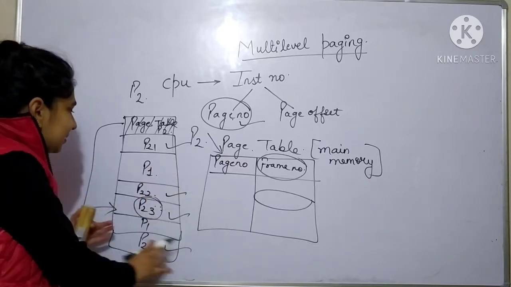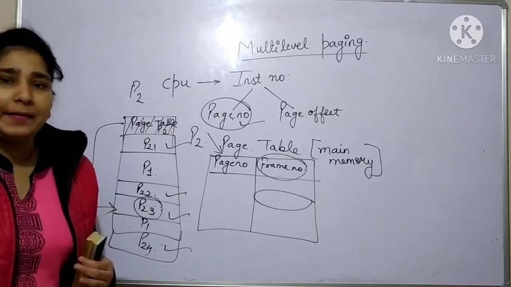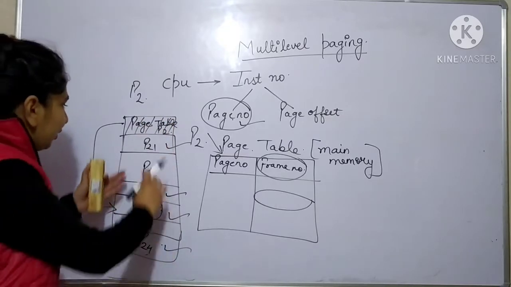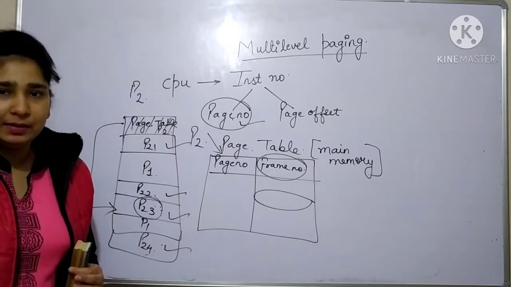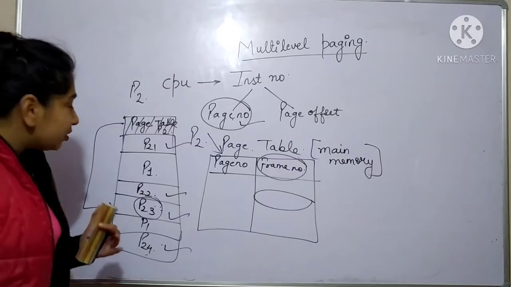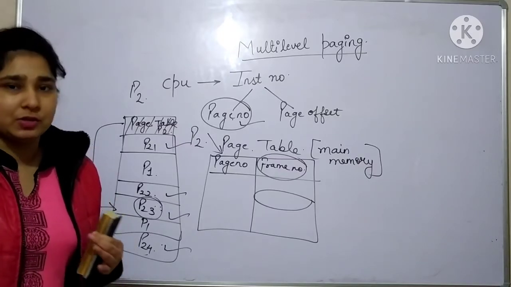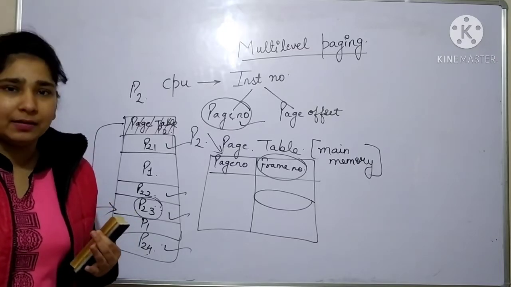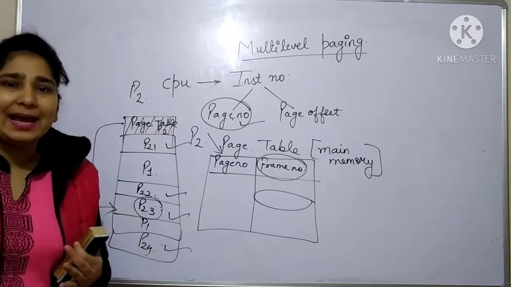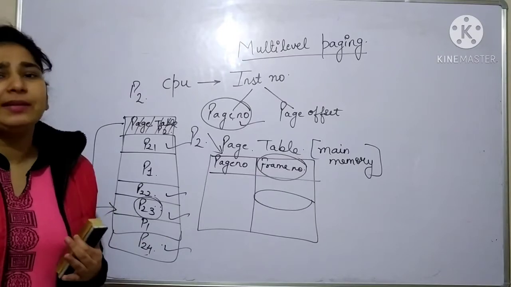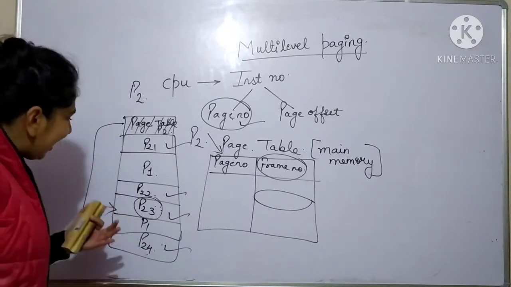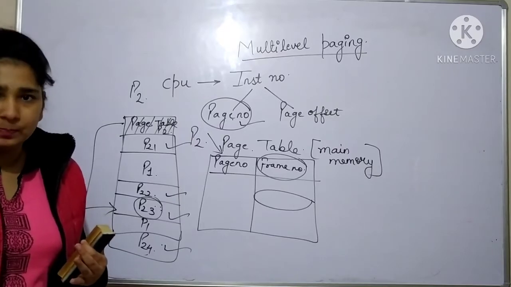So very few accesses are required. If you don't use the concept of a page table, you have to search completely in the main memory, so the searching time is going to be very high. That's why we do indexing. What is the purpose of indexing? To reduce the searching time. We have to search for our required instruction as fast as possible.